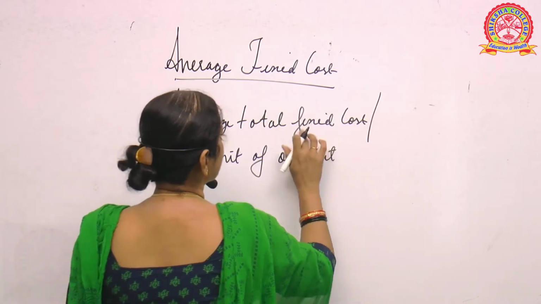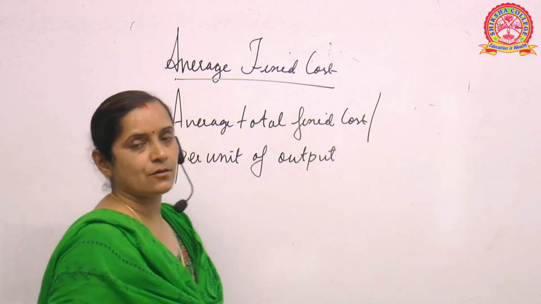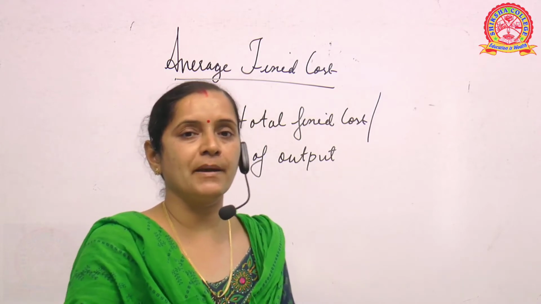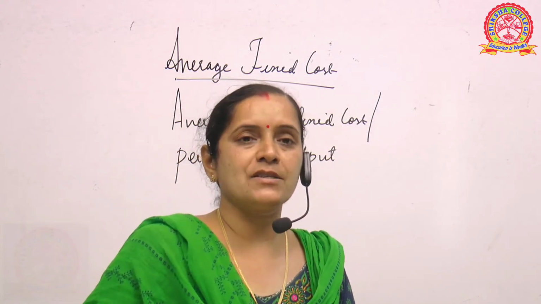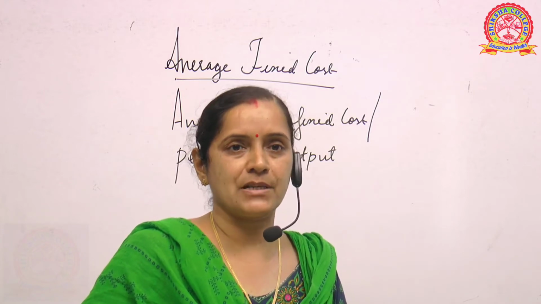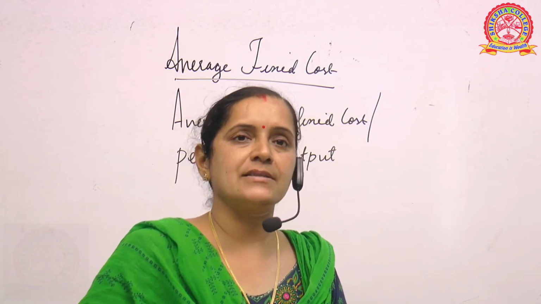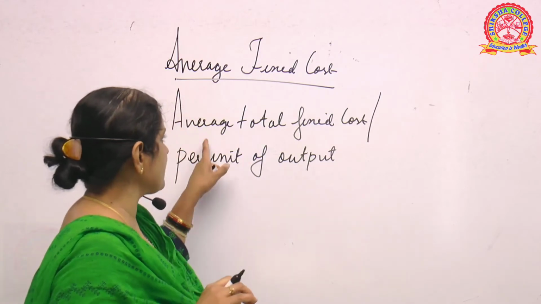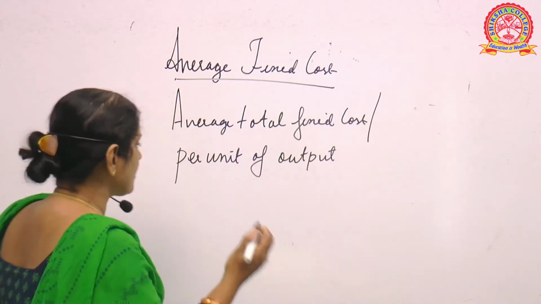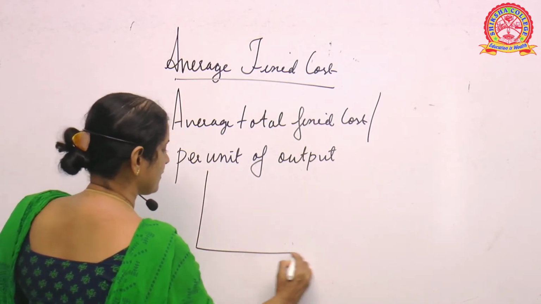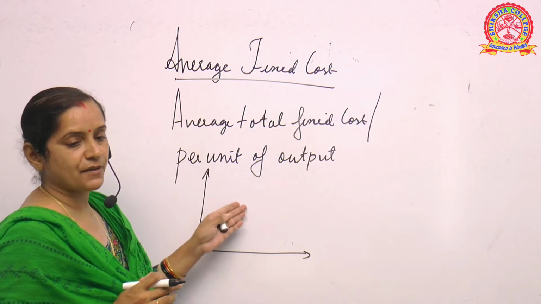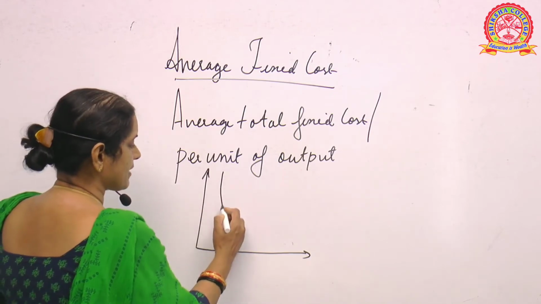So we have already discussed the concept of fixed cost. I told you fixed cost is something which cannot be negative or which cannot be zero. It is the cost which the company has to bear, like land expenditure, paying the salaries of employees. Now what is this average fixed cost? The average fixed cost can be defined as the average total fixed cost per unit of output. So here if we draw a curve regarding the average fixed cost, then it will be something like this.